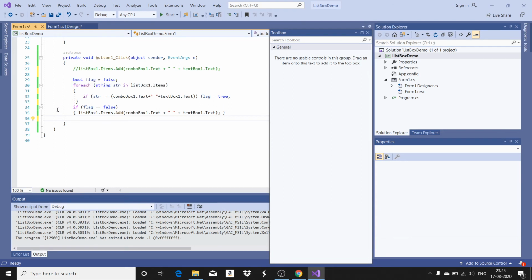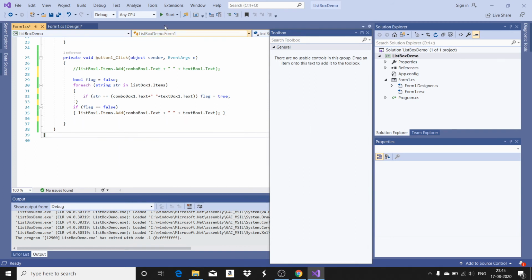Then when you come out of the for each loop, you check whether duplication is available. How do you check it? If flag value is equal to true, duplication is available, so I need not enter the item. If flag value is false, you go for adding the item.